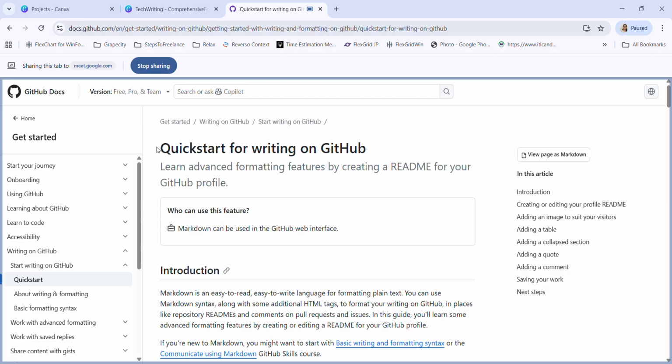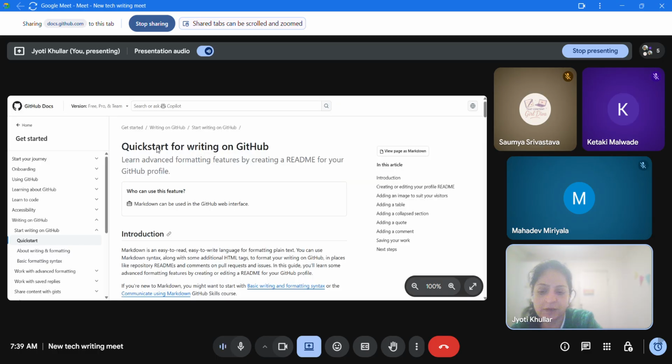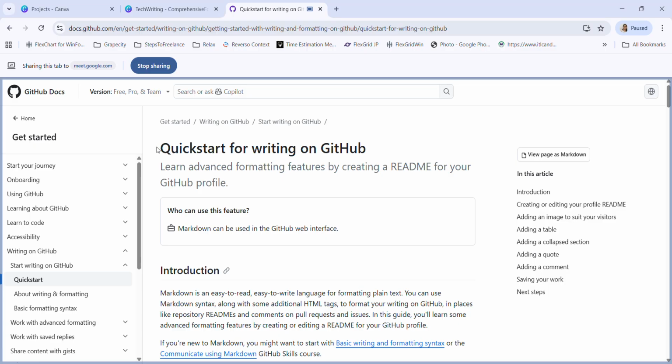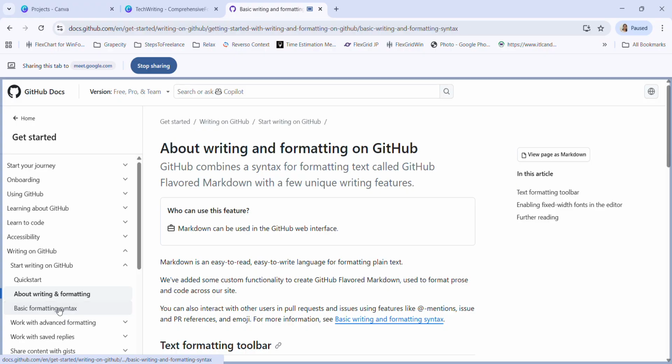For example, let's start. Abhi, you're able to see the screen, right? Yeah, it's visible. So first, look at the quick start for writing on GitHub. Their heading. Just after the heading, they have always given a short description.